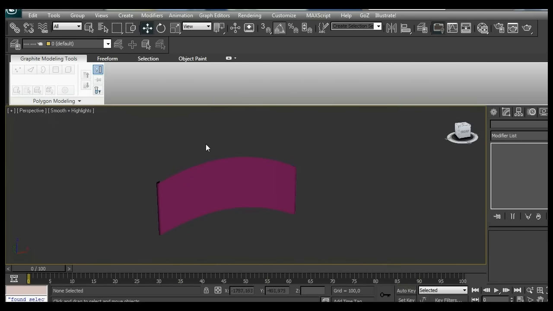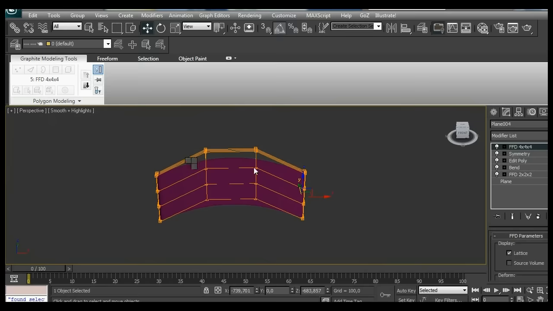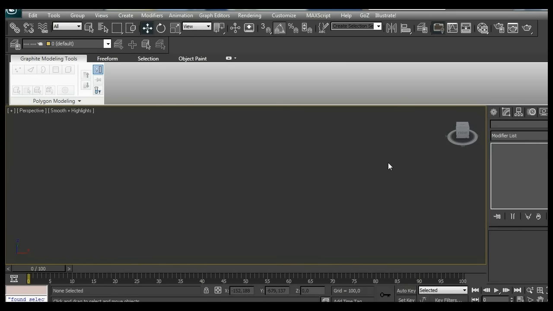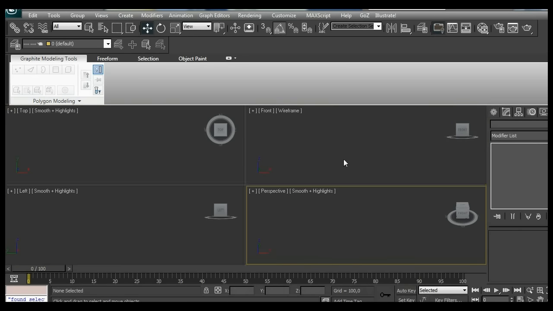So this was one way to make it. So we are going to hide this. This is one way to make it, and the other way is with the